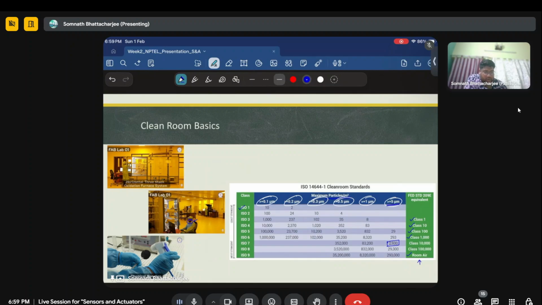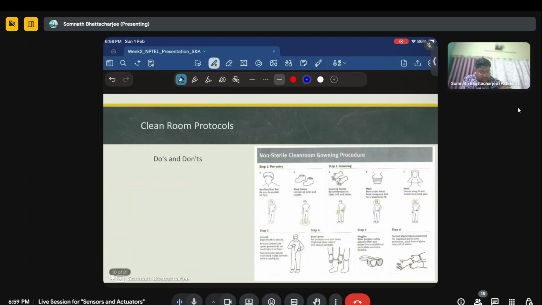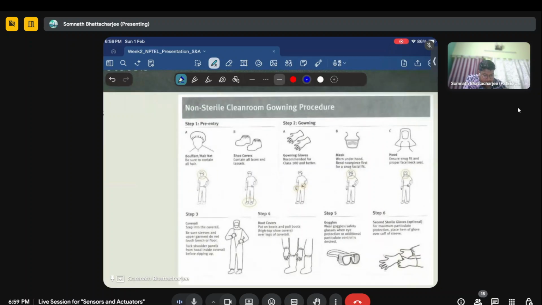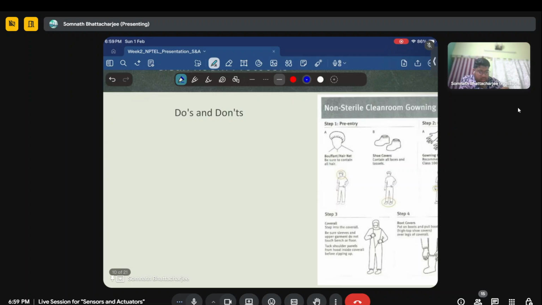So even if we are doing something in the wrong order, there will be problems. Here I guess you can see it. The basic thing is that the first one is the buffer cap or the hair cap, which ensures that no hair particles fall off. Let me just write it down here in a small way. So the first thing we do inside our lab is that we work onto a mat